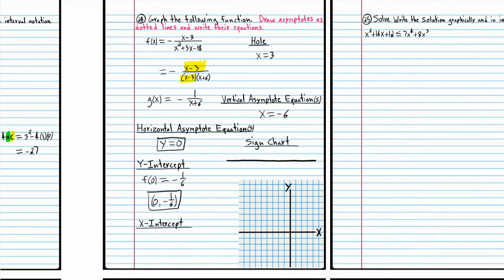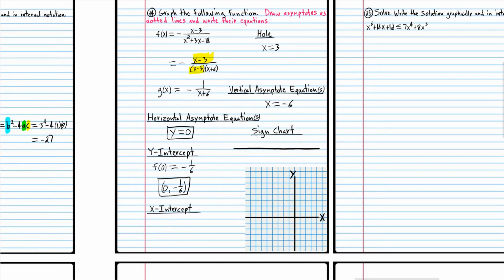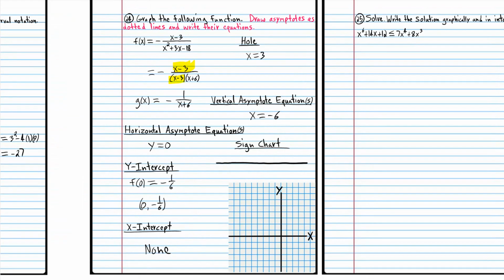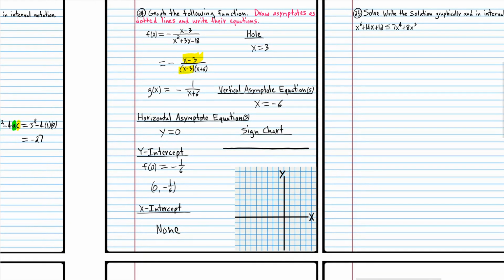Okay, and what about x-intercepts? Well, there's actually no x-intercepts, because this reduced form here tells us that there's no x value that we can plug in that will make the numerator of the fraction 0. Now, we can make the numerator 0 up here, but that doesn't qualify because that's a hole. That doesn't mean that we have an actual x-intercept. So the answer for that one is none. And I guess we don't have to rectangle these because the problem isn't actually asking for that information, but we do need that information to graph